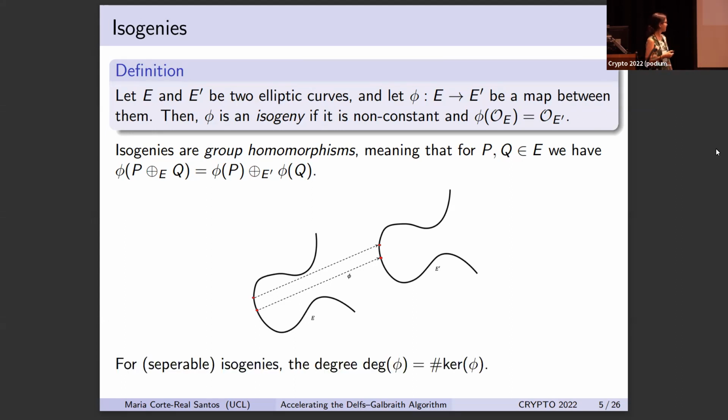For all the isogenies that we care about in isogeny-based cryptography, we define the degree of our map to just be the size of its kernel. And then we'll say that an isogeny of degree L is just an L isogeny. Okay, so now I'm ready to